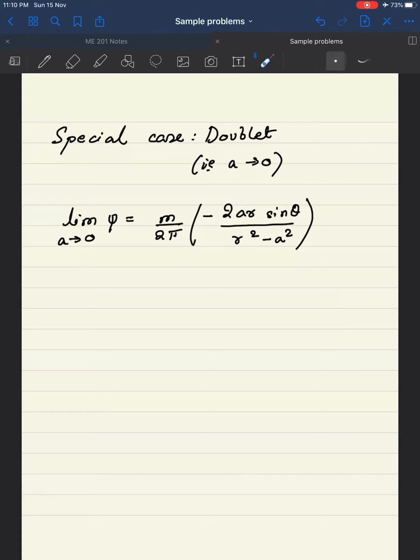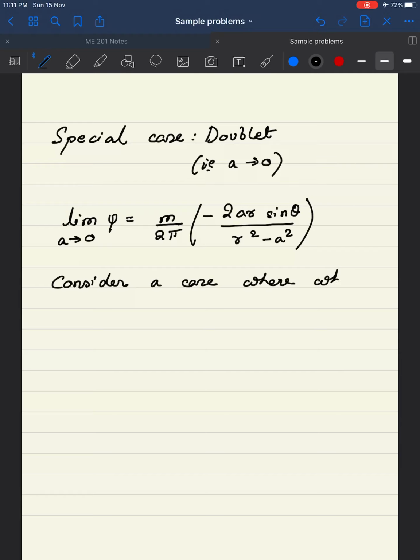Now if you let a tend to 0, keeping m finite, this entire term will end up going to 0, because this is r square, here you have a, so this entire term ends up 0. So psi will end up being 0 if you let a tend to 0, and this is a trivial situation. So consider a case where